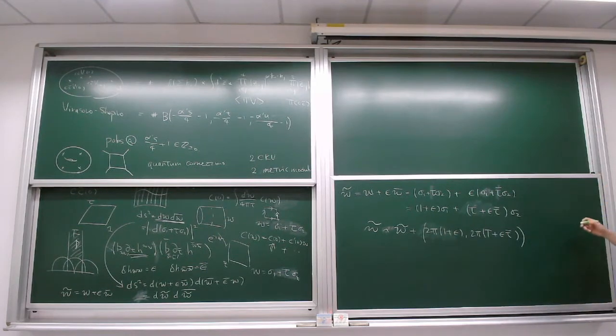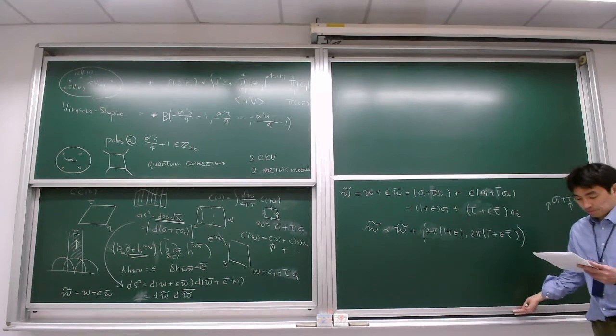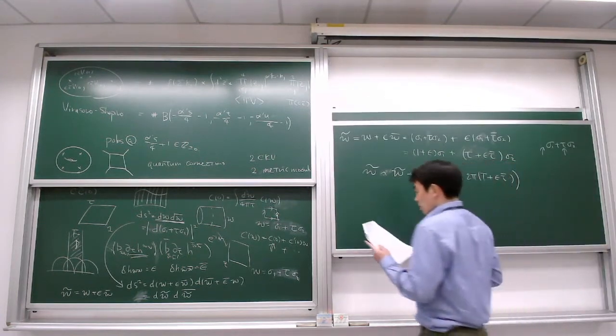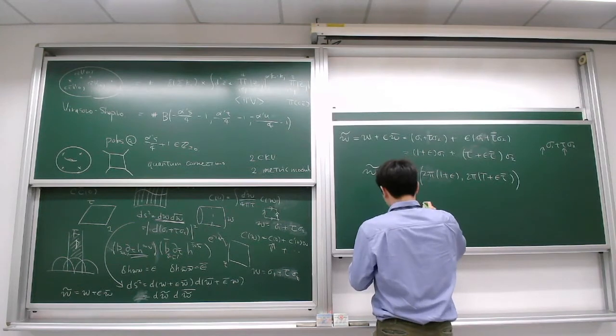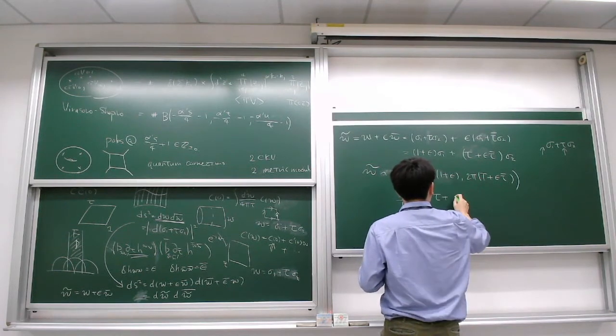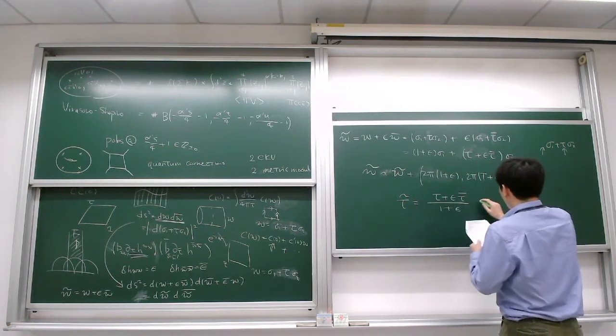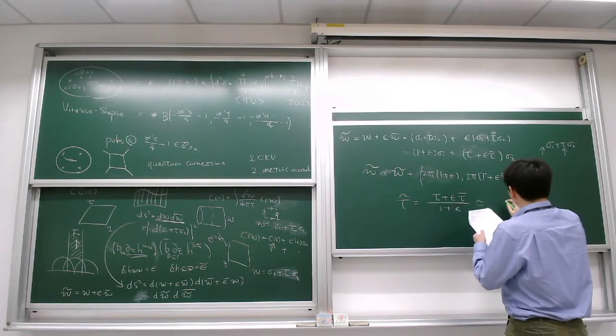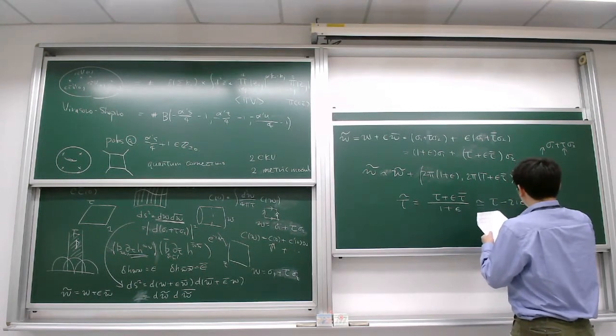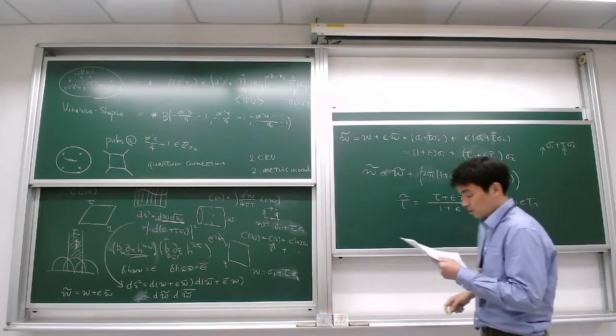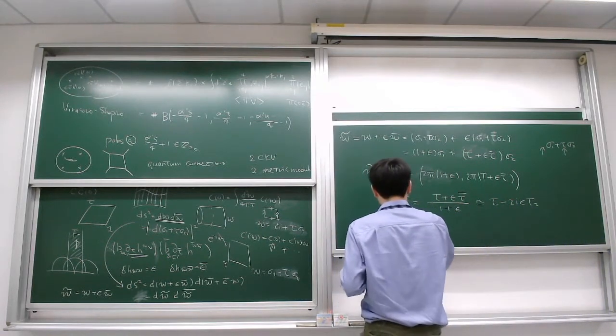It used to be that you just identify tau plus sigma 2, and the periodicity comes from here. Therefore, you just read it off. If you consider the new complex structure tau tilde, it takes the following form. You just take the ratio between them. And if epsilon is very small, you just take the leading mode, and you get this. So therefore, the derivative of the